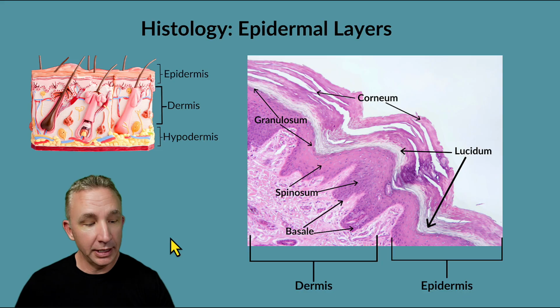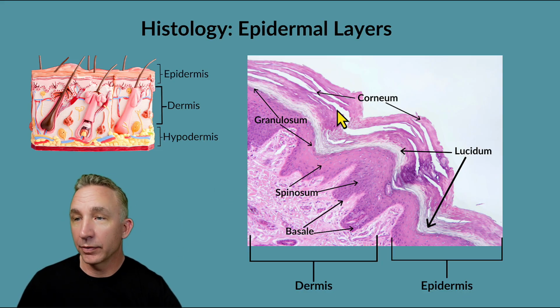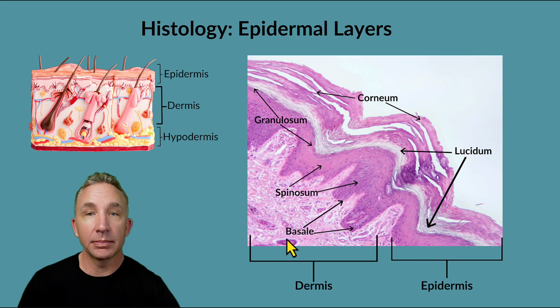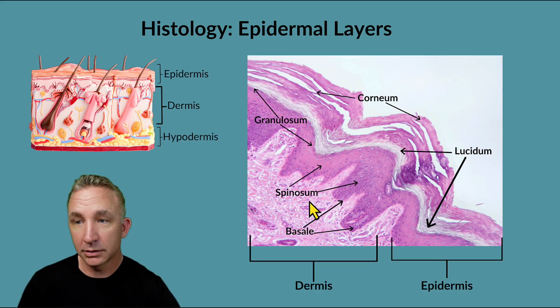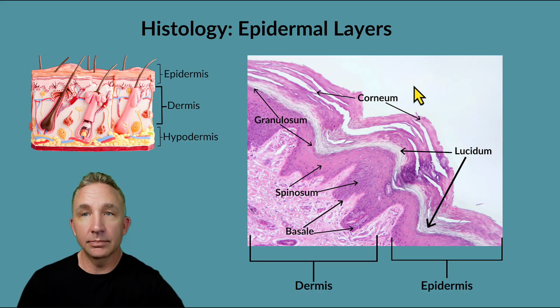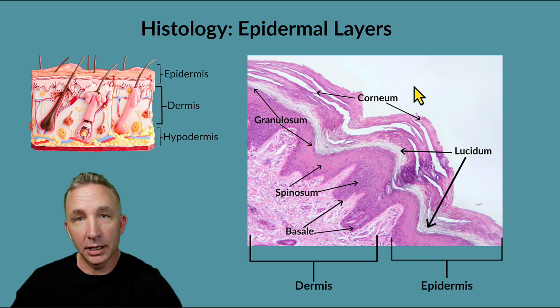And if you remember, the mnemonic that I described with this is "come, let's get sunburned." So corneum, lucidum, granulosum, spinosum, and basale, also known as germinativum. This is how I remember it: come, let's get sunburned. So as we go superficial to deep, the corneum is what I can actually make contact with on the